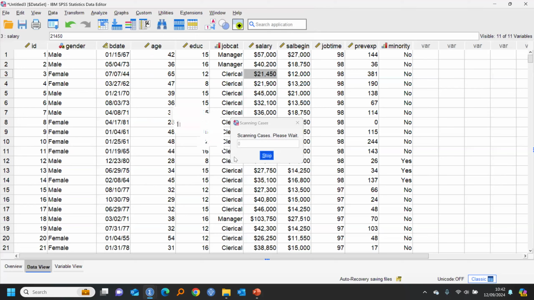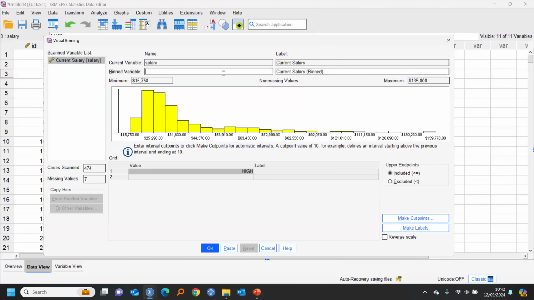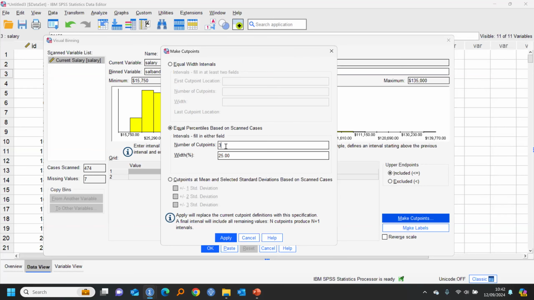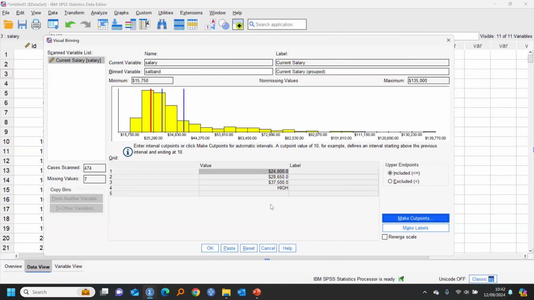And it scans the data. We call it sal band. The new variable is called current salary grouped. That's the label for it. We're going to make cut points and we ask it to slice it into 4 using 3 cut points. It shows me where it's going to slice it at 24,000. The next slice point is weird. It's kind of